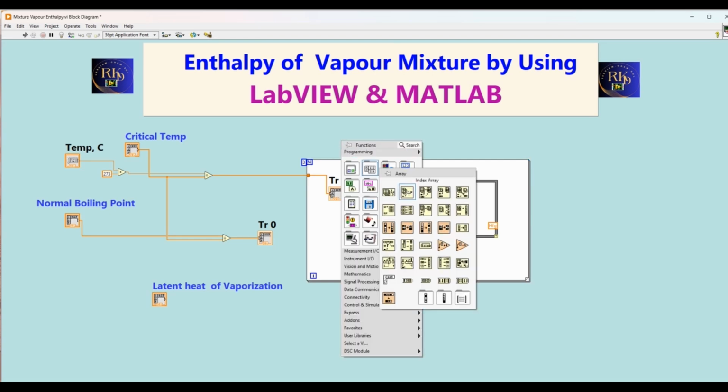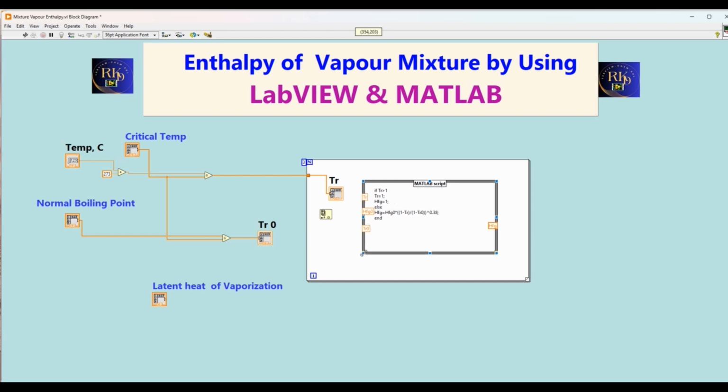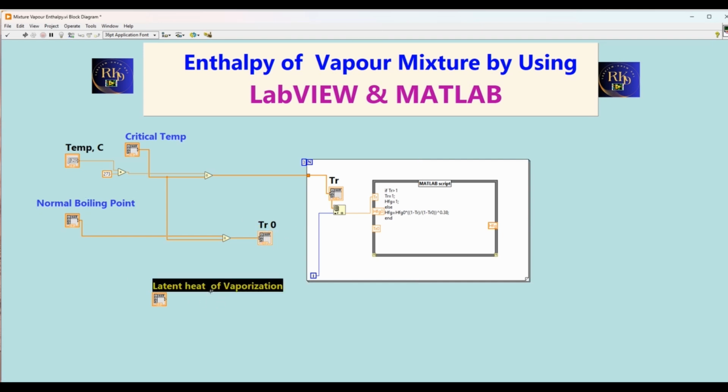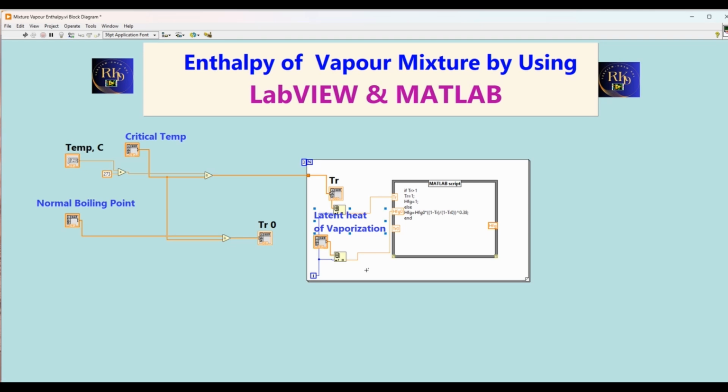So for that, here I am taking this index array, and from here this index array I'll just pass this TR first, then from here we are doing this increment, and I'll just pass here this first bit. Similarly, I'll do for this latent heat of vaporization. So I'll just click here, I'll take one more, and the third one is TR naught. So again I'll take this TR here,